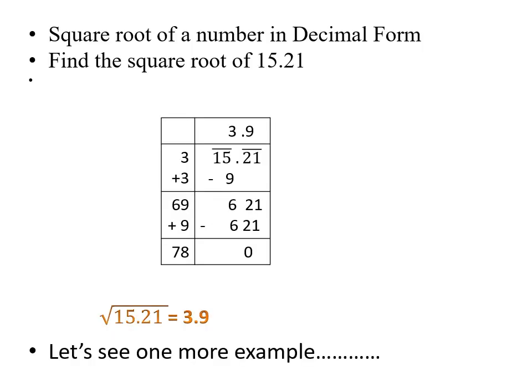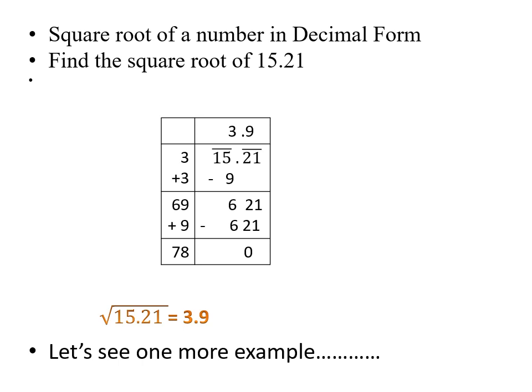Now see how to find the square root of a number in the decimal form by using the long division method. Here the method is the same which we have studied in the previous session, but the only difference is that instead of the simple number we have taken numbers which are in the decimal form. So I have taken the same example which we studied in the previous session, so that for comparison it becomes easy for you. Find the square root of 15.21. Again, you have to break the digits into periods of two digits.